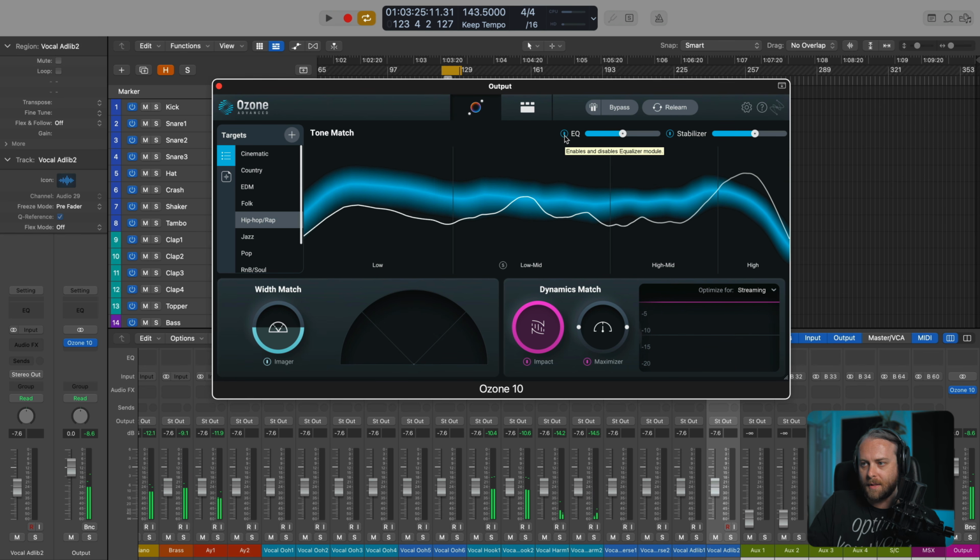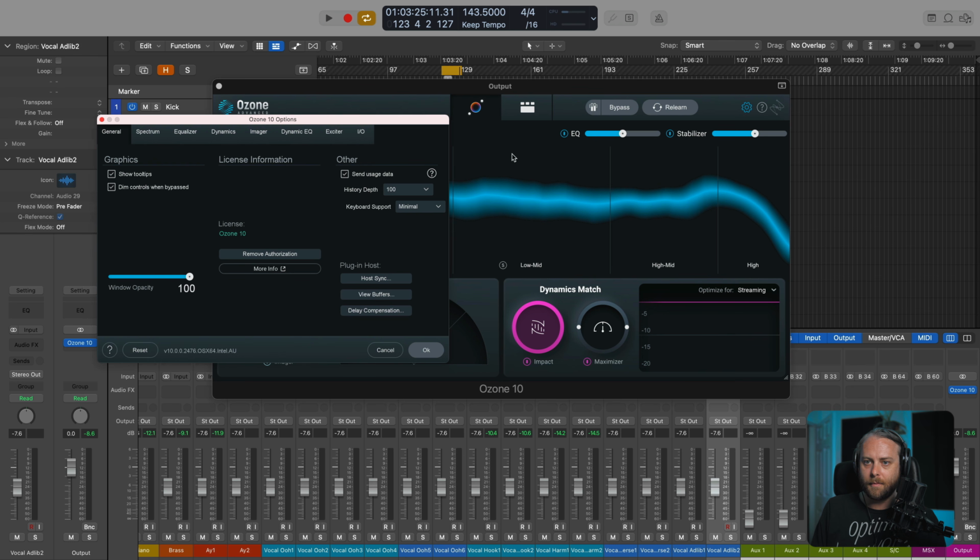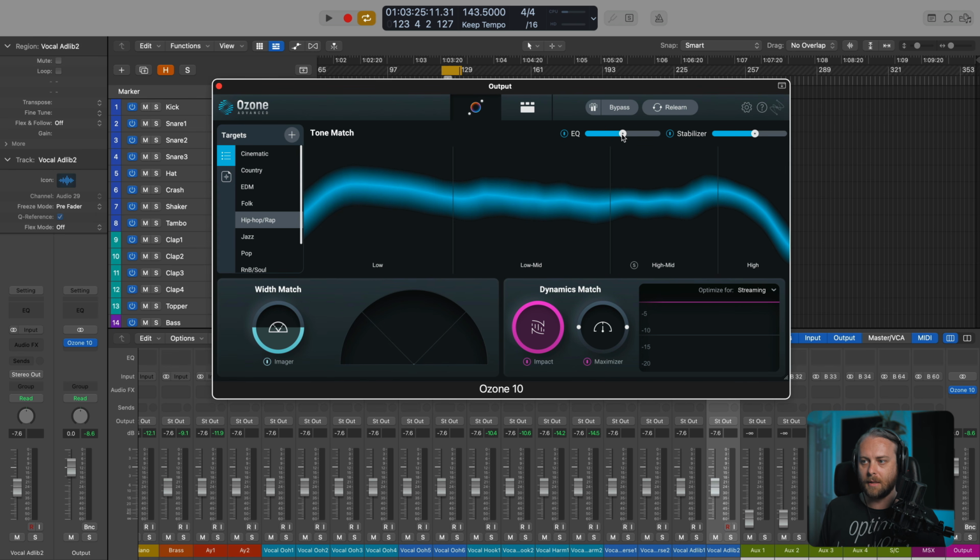And by the way, you might notice this little yellow box with text showing up whenever I hover over something and let the cursor settle. These are tooltips. If I want, I can turn them on or off by going over to the gear wheel, General, Show Tooltips. I can turn them off now, and when I leave my cursor over something, we don't get any text. But it's just helpful if you're a first-time user or you want to dig a bit deeper into Ozone to leave tooltips on and then learn a little bit about what each parameter does. And I think our technical writer will be very happy if you go ahead and read everything, because they work very hard to make sure everything is labeled appropriately and easy for you to understand.